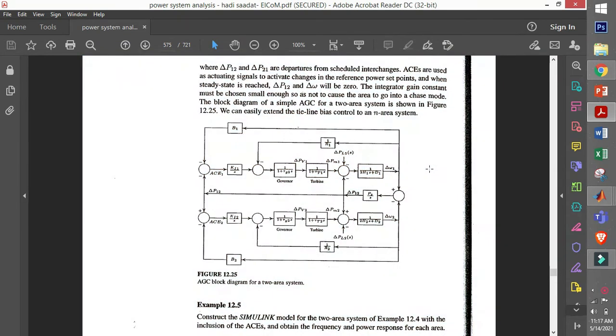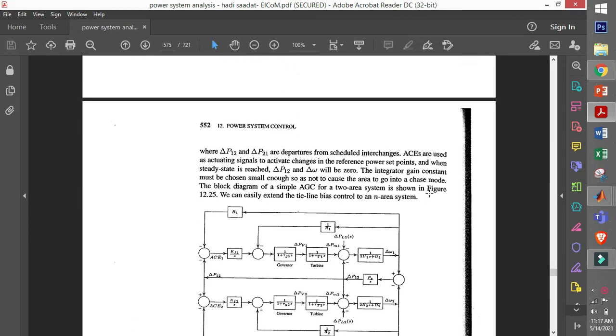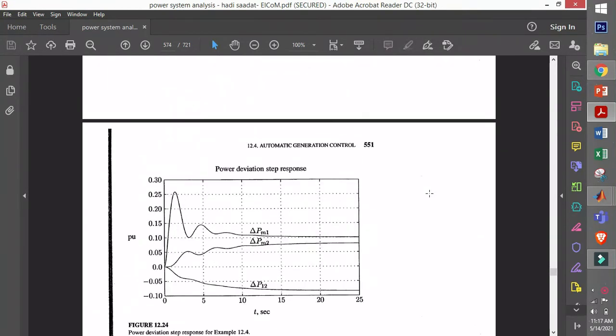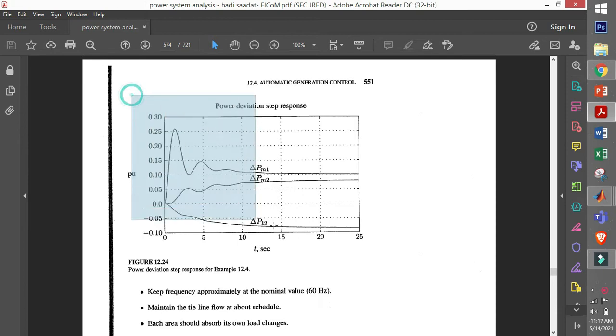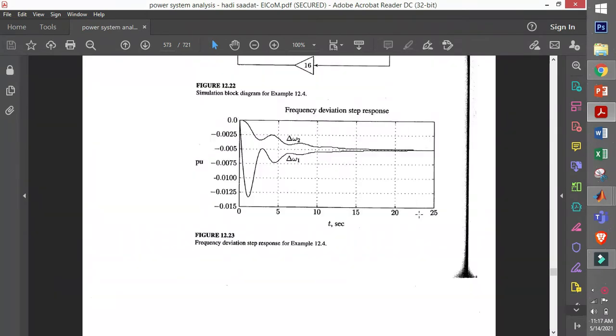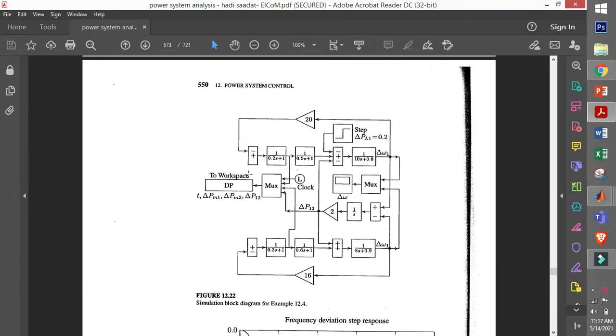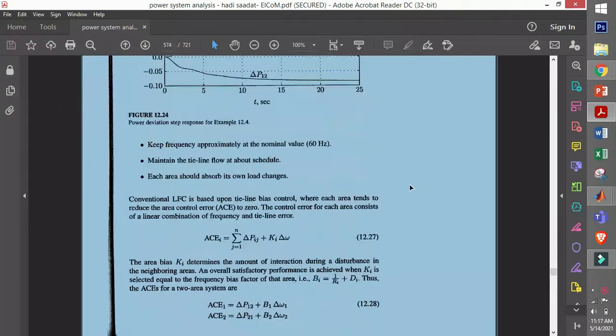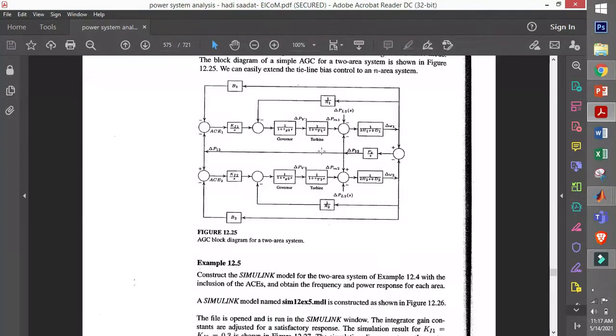So in the last video we saw how the double area works. Before seeing this video you must go to the last video, and from there you will see how the double area works. This was the graph we plotted in MATLAB last time. This integral controller with the double area is the extension of that double area.